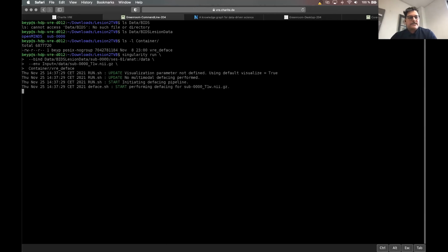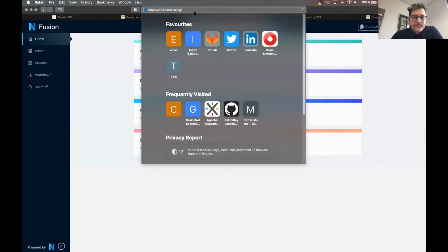While that is running, it'll just take a minute or two, we will take a look at the other data that we integrated additional to the neuroimaging data. We have the Open Mind schema that we also have available in the VRE. If I can move this thing away to the next tab. As we see also at the